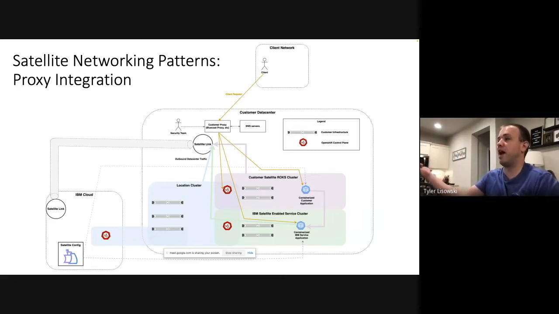They will route all traffic first to a proxy, and then that proxy will handle doing the DNS resolution within that private network, and then forward that traffic ultimately to whether it's kube control traffic, which is going to the control plane of these clusters, or actual containerized applications, and this is your Kubernetes dashboard, maybe your favorite database UI or a database API, things like that, all sort of your containerized applications. It will forward that traffic to that environment, go back to the proxy, and then go out to the client,